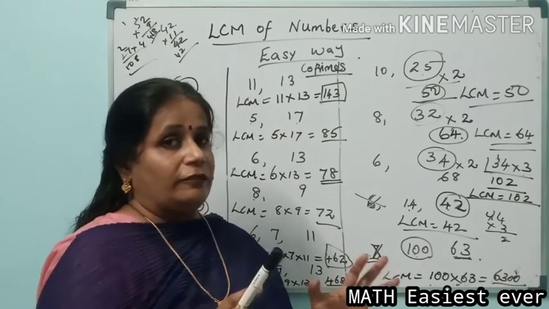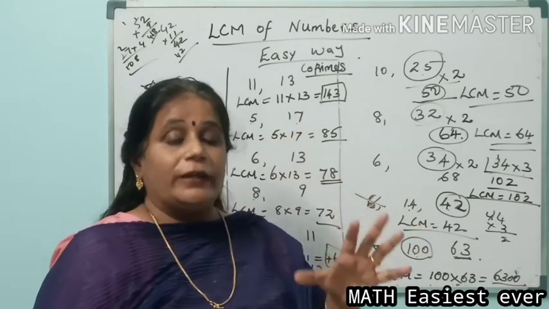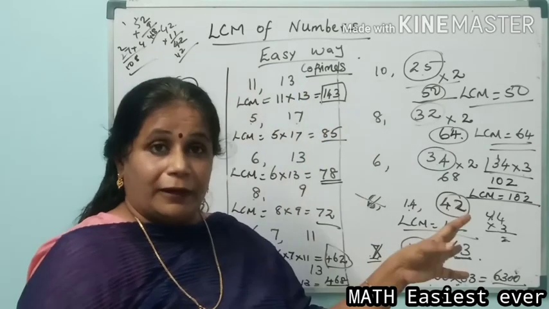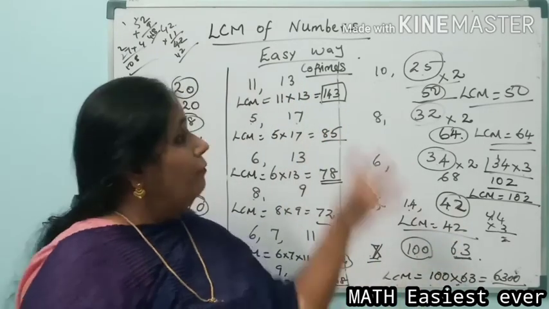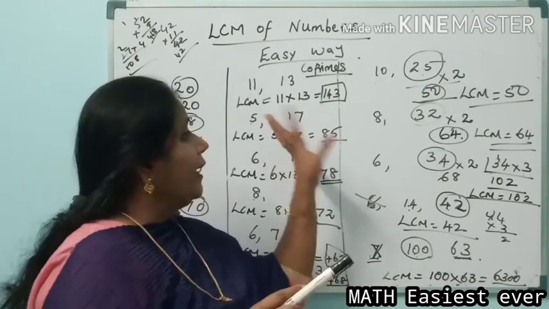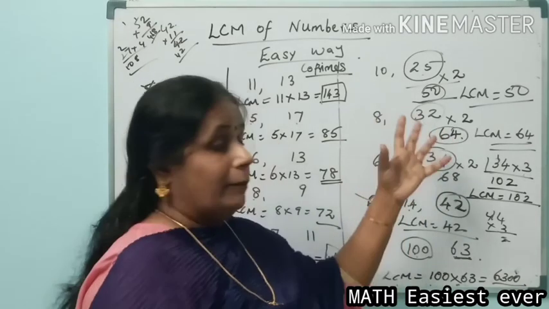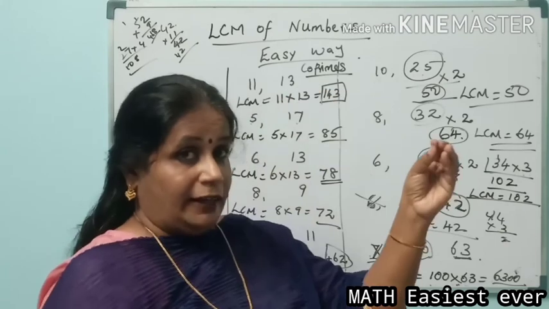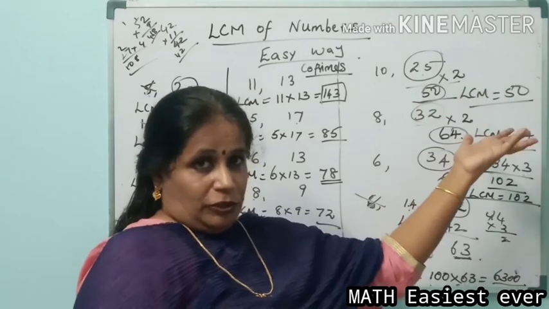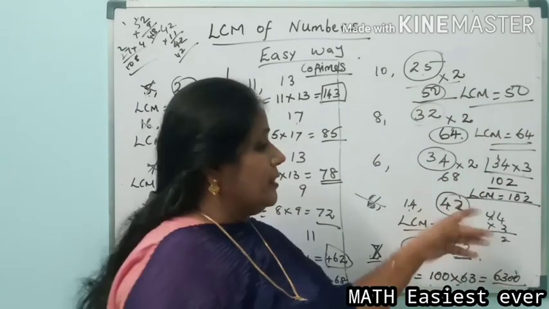Only thing is, when you get the question, just look at the question carefully and find out which type it is. When it is the first type, when one smaller number divides a bigger number completely, the bigger number will be the LCM. When two numbers do not have any common factor between them, you have to multiply the numbers and you will get the LCM. When it is the third type, where the numbers have some common factor other than those, you take the bigger number and multiply with 2 or then multiply with 3, etc. and then find out which is the LCM.